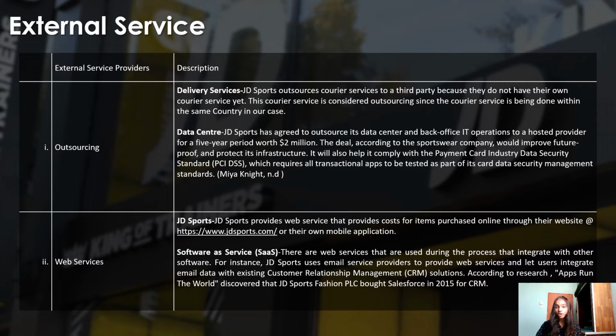Next, I'm going to talk about part A. Outsourcing activities that are involved in this process are the delivery service and data center. Delivery service is considered outsourcing because the work is being done by a different organization but within the same country. Meanwhile, according to the sources, JD made an agreement to outsource their data center to the host provider in order